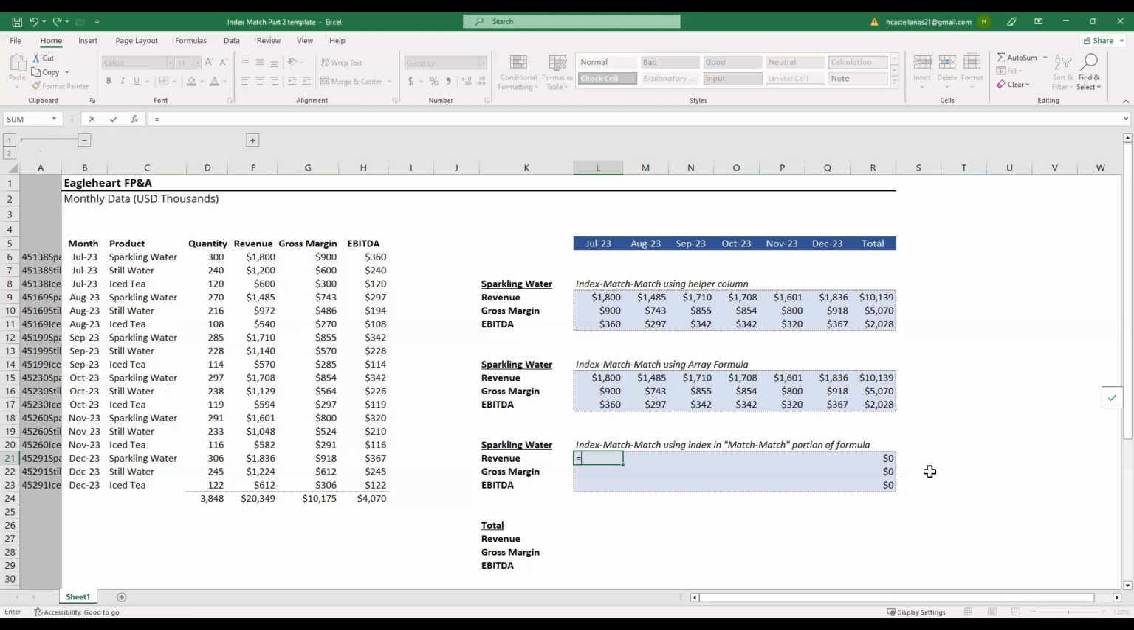So again, let's start with equals index. Let's select our data, F6 to H23, F4 to anchor, comma, match. And again, our lookup value needs to start with the month, L5, hit F4 twice to anchor on that row, and the product type in K20. Hit F4,